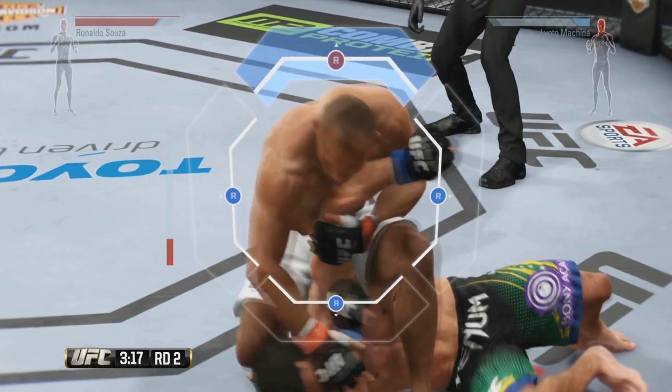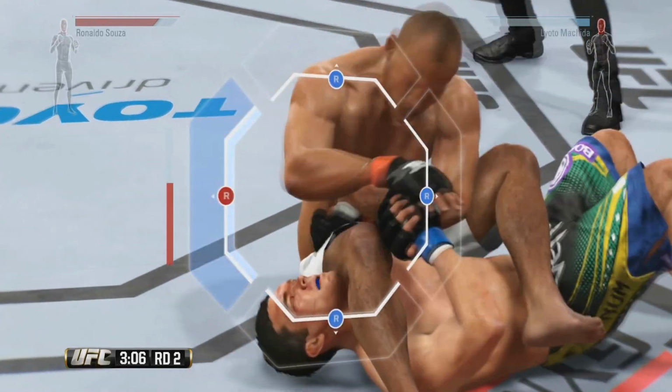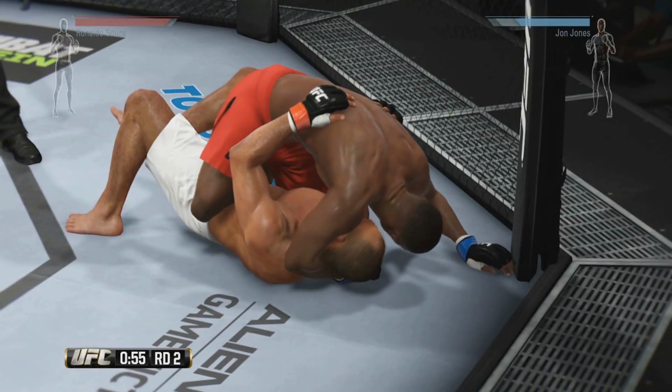Looking for the arm bar. First thing he wants to do is he wants to secure the arm, tie it up, then shift his hips forward, rotate the hips, throw his leg across his face, then he wants to sit back,